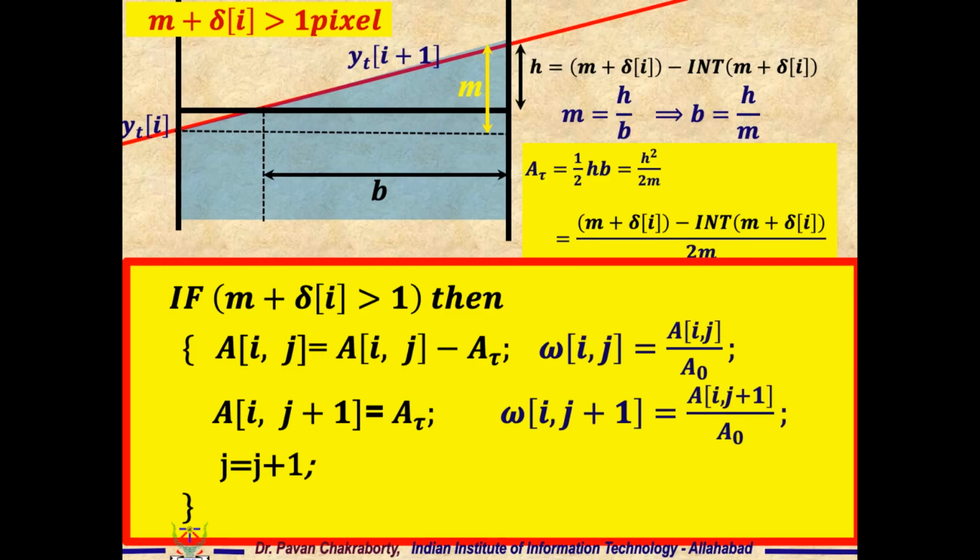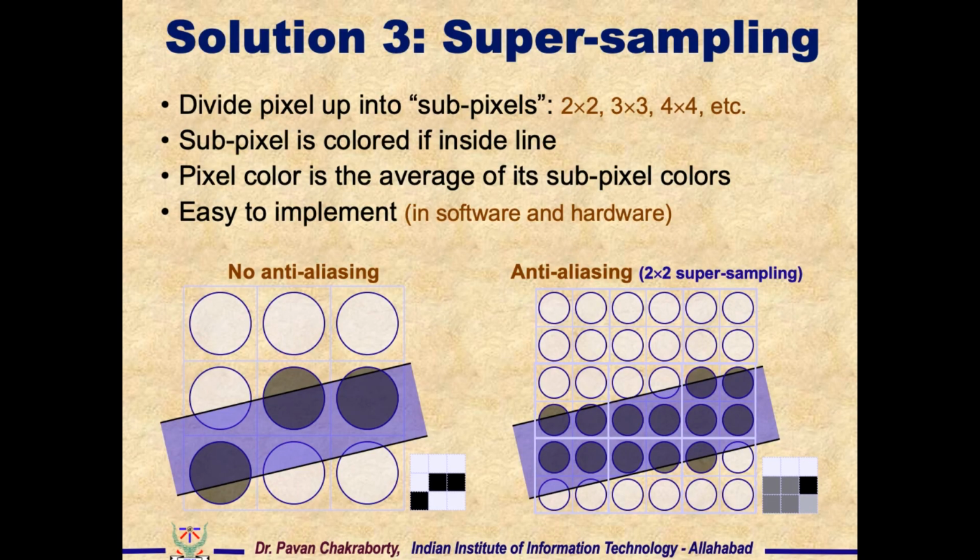Now for slope greater than 1, like DDA, we could flip x with y and y with x, and therefore my intensity can be found out. A of ij is equal to omega ij times I naught. This is one technique which is analytically proven,